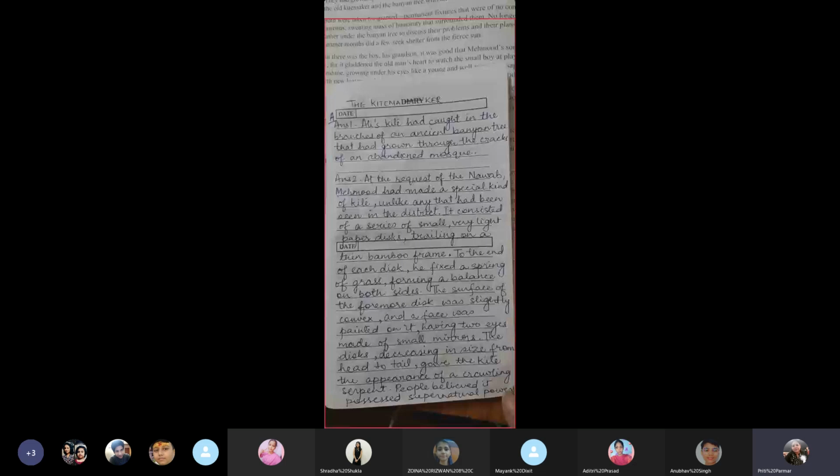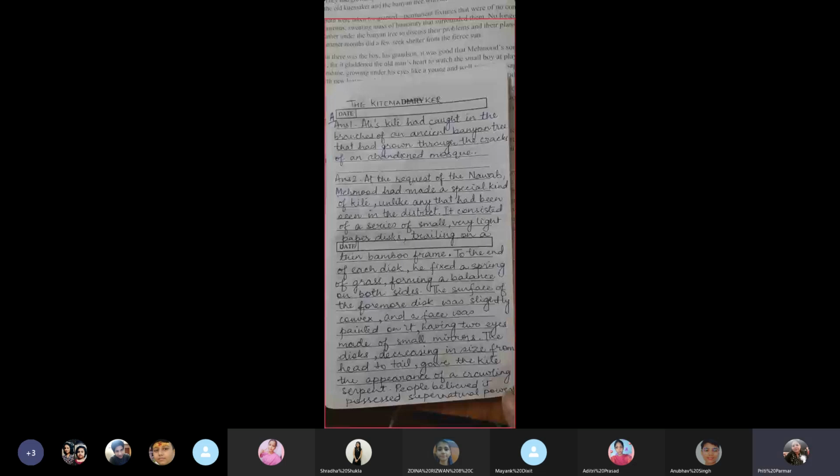Ali's kite had caught in the branches of an ancient banyan tree that had grown through the cracks of an abandoned mosque. I repeat, Ali's kite had caught in the branches of an ancient banyan tree that had grown through the cracks of an abandoned mosque. Number two,